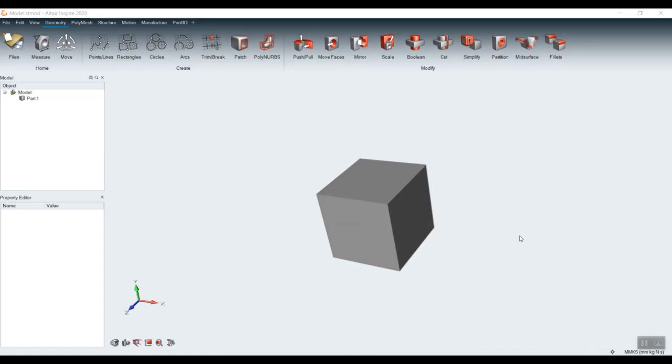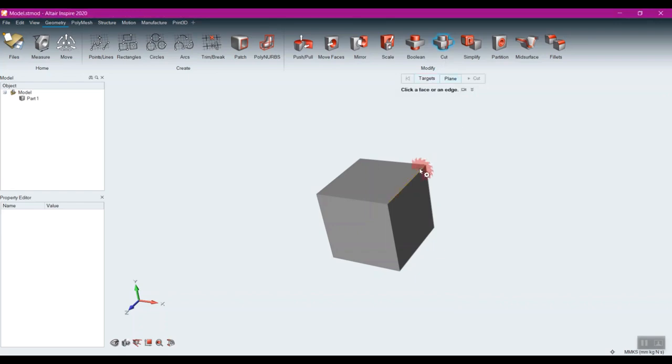The cut function within Inspire is essentially exactly what it sounds like. It cuts the parts, and it is far and away my favorite tool within Inspire, not necessarily because it does anything special functionality-wise. I just really like the icon and the little indication. So we get this little buzz saw here, and what the buzz saw will do is